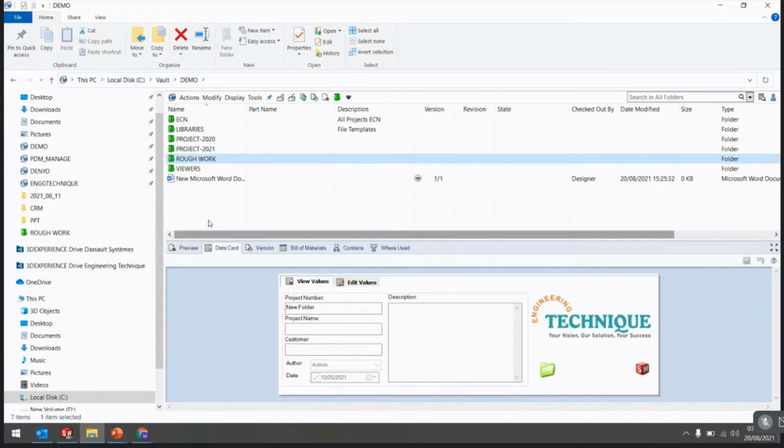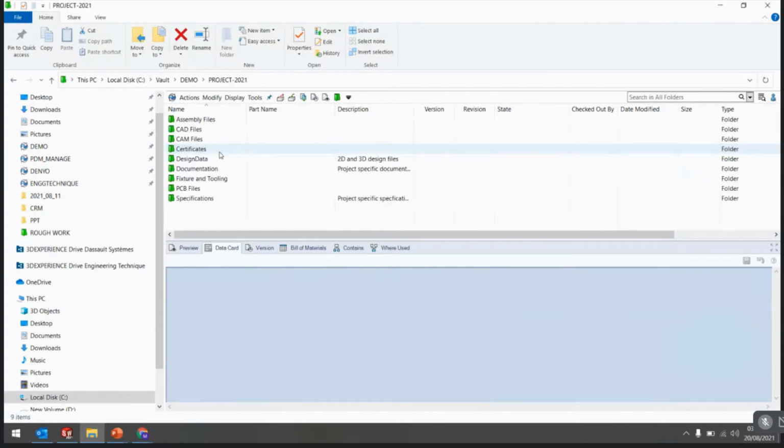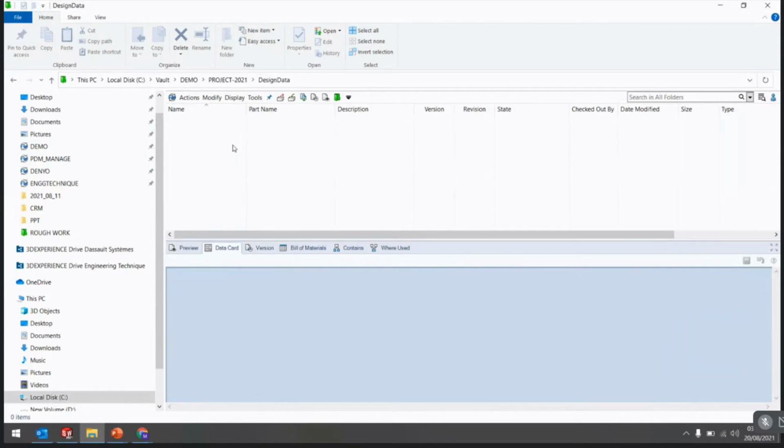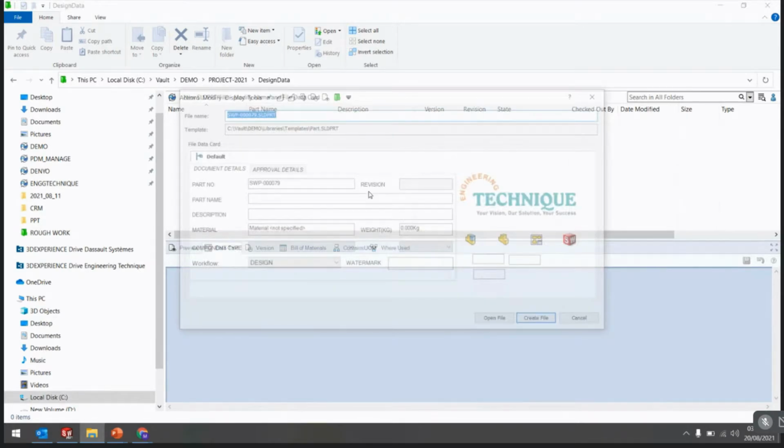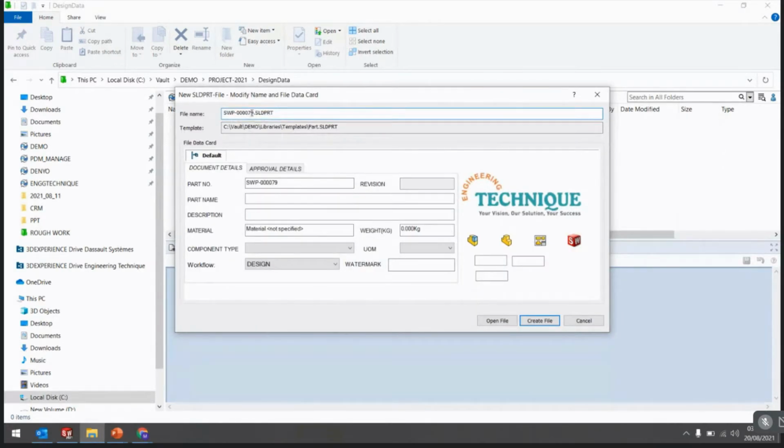So another way is using auto serial number. Let's see how it works. In the design data, we create one part file, right? So you can see here my earlier part number is 78 and this part takes number 79, right?